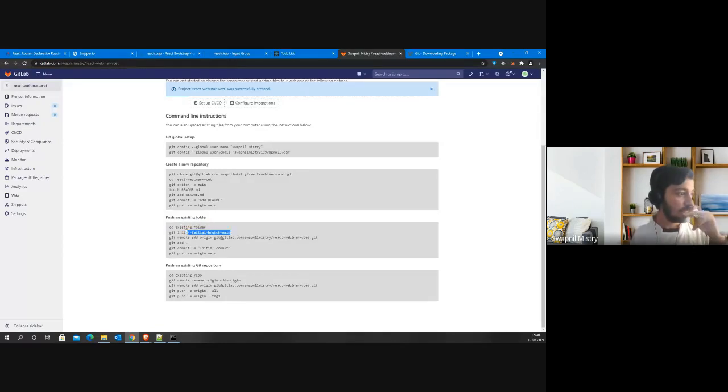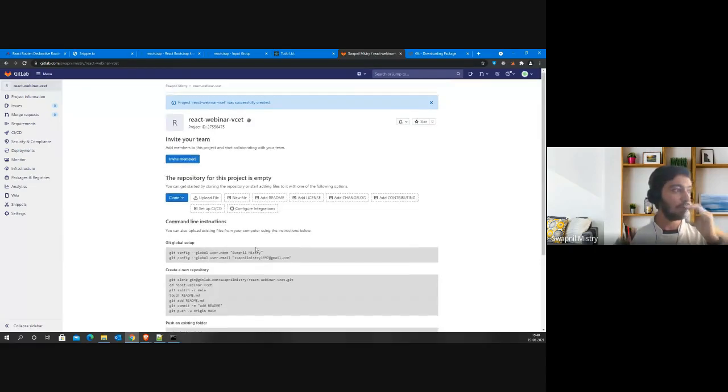Then I am running git init. We already did git init. This is if you would like to name your branch as main. We have multiple branches available. One is the master branch, which will hold your source code. While creating a merge request, you officially create new branches so that it can be properly reviewed and merged into the master. Once it's merged into the master, if you have any pipelines running, it gets deployed to production.